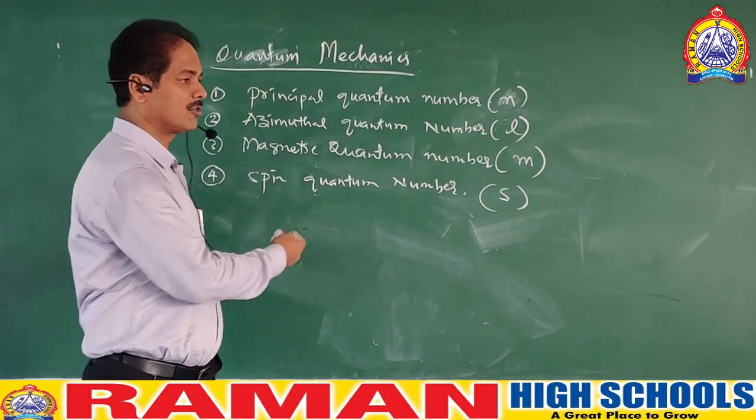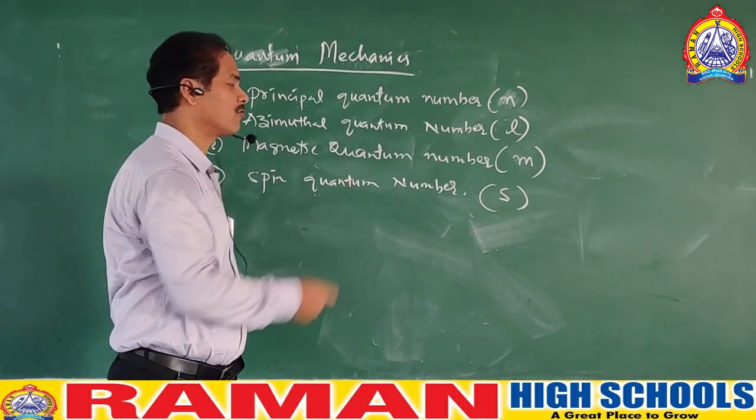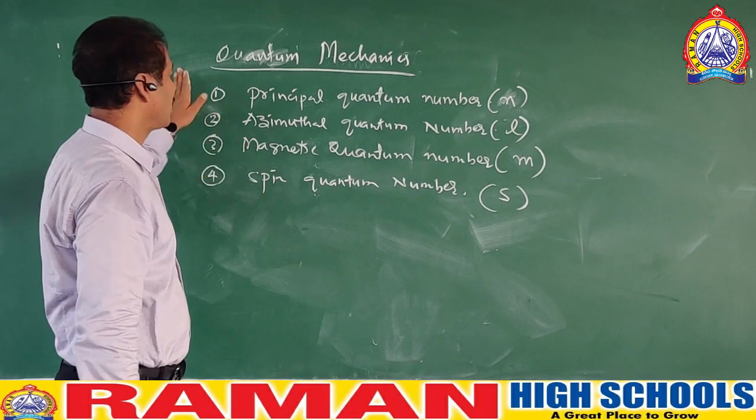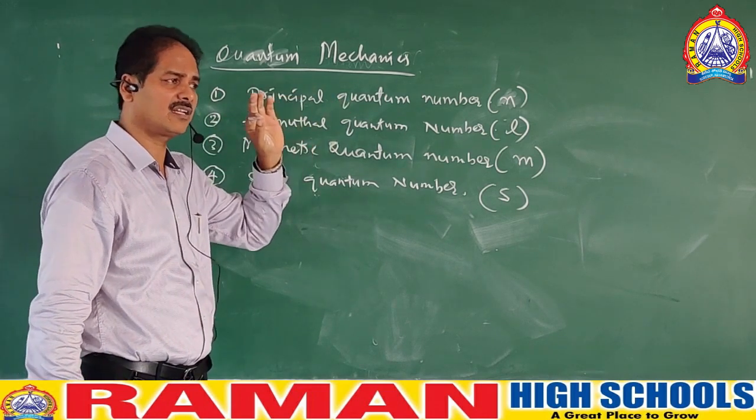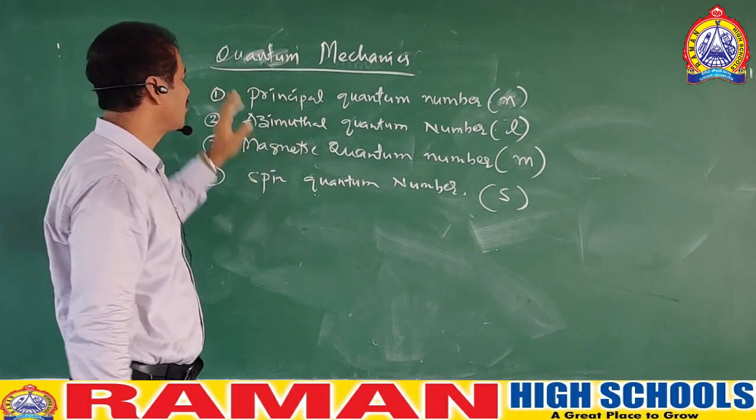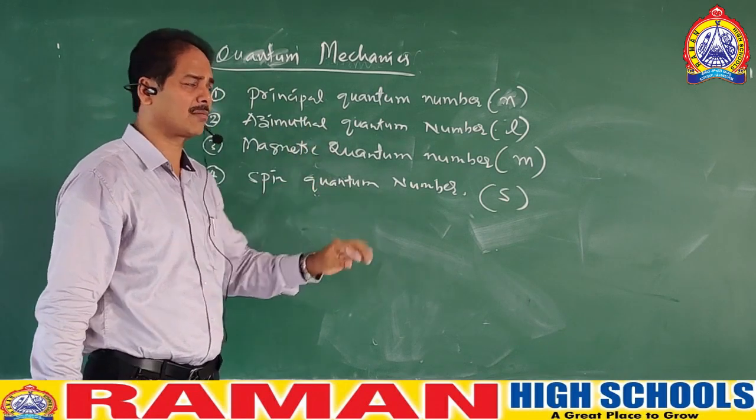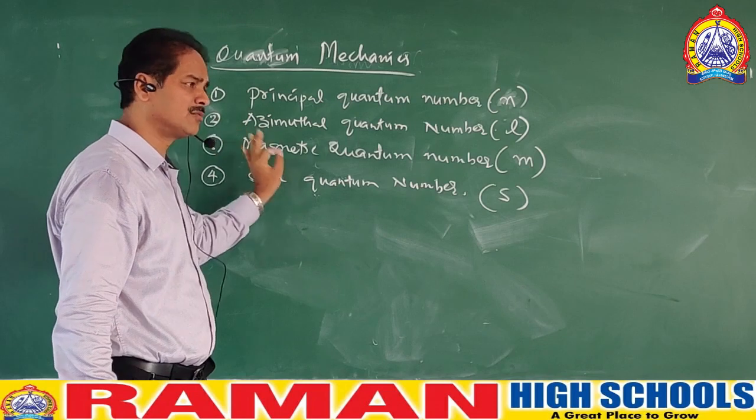Now let us go into the principal quantum number. Once again, quantum mechanics is a branch of chemistry which deals with the position of the electron around the nucleus in the atom. Quantum mechanics consists of 4 quantum numbers: principal quantum number, azimuthal quantum number,